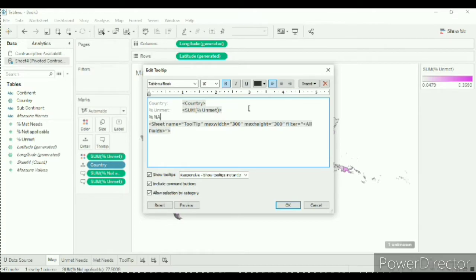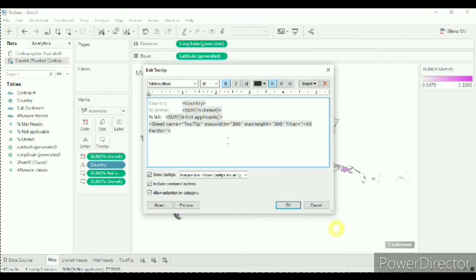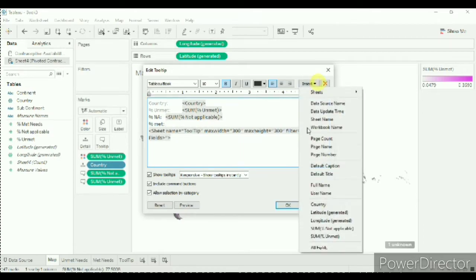Okay, we will write percentage not applicable. In insert, select sum of percent not applicable. In percent met, it's not here.